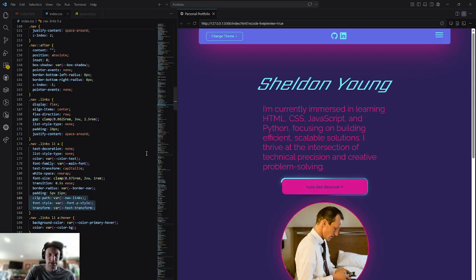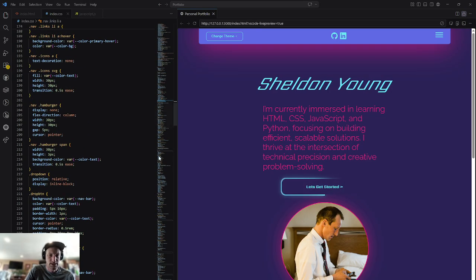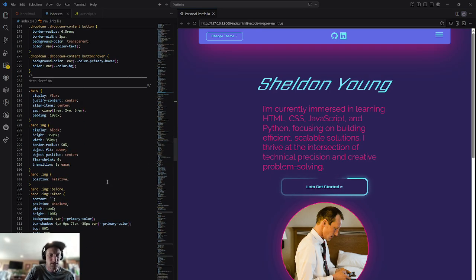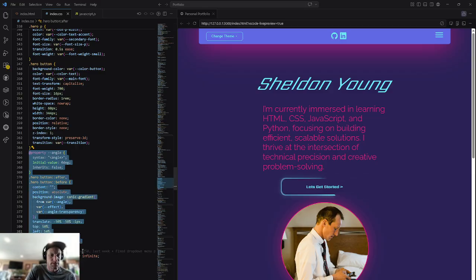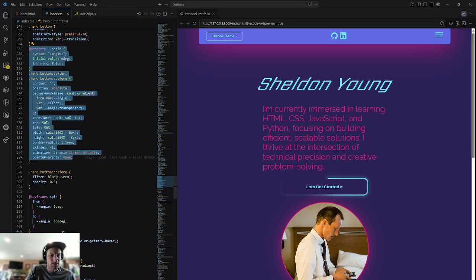And for that you have to use @property. There's no JavaScript with this. This is just an @property declaration that's right down here. Property and then angle, and the pseudo classes are before and after. So all this is what it takes to create that spinning,